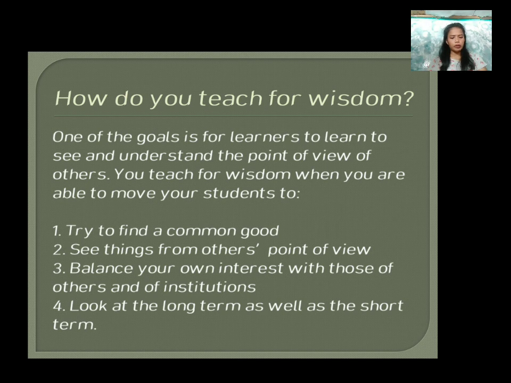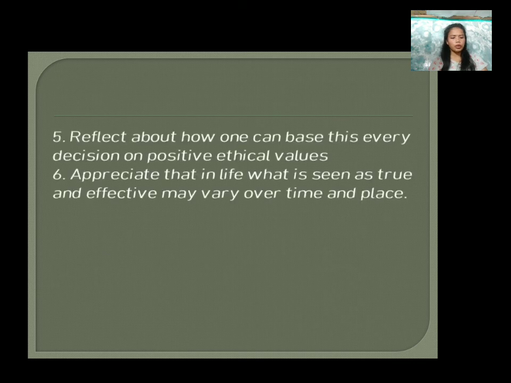You teach for wisdom when you are able to move your students to: try to find a common good; see things from others' point of view; balance your own interests with those of others and institutions; look at the long term as well as the short term; reflect about how one can base every decision on positive ethical values;